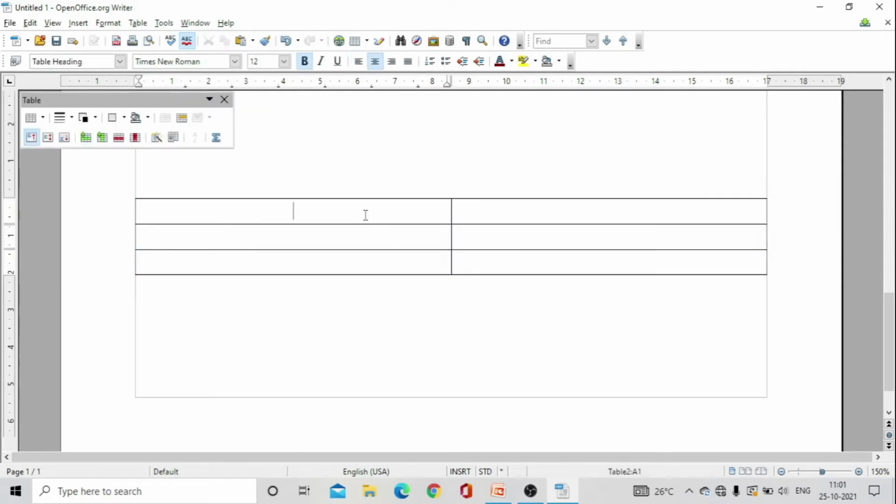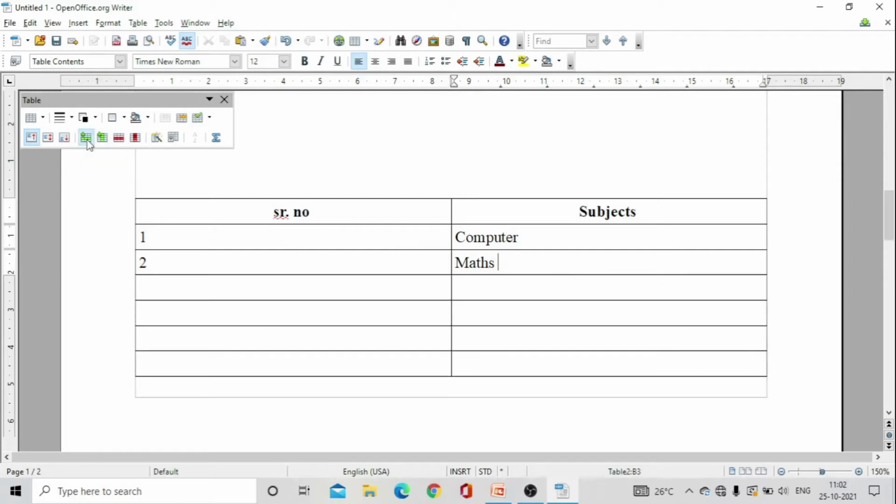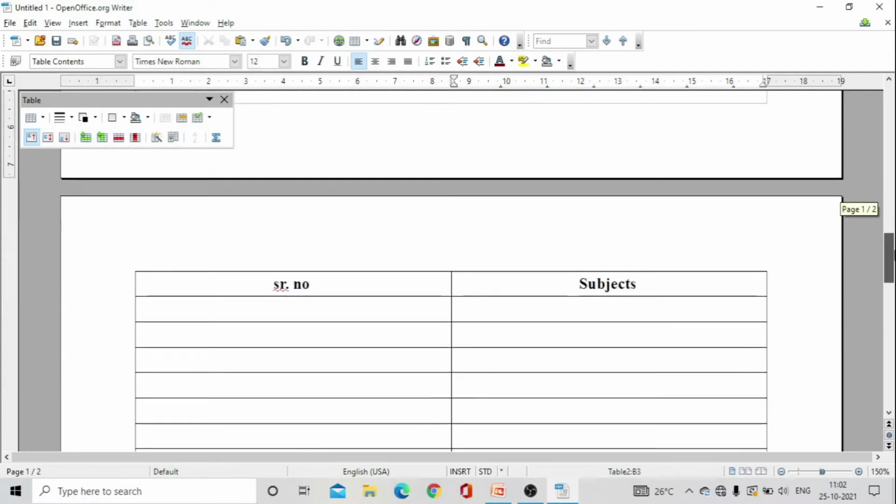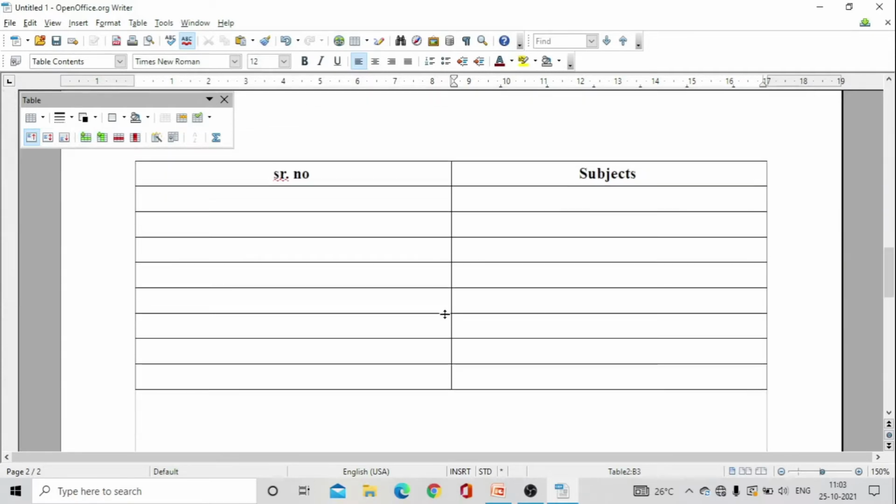Now here I'll write serial number and in the next I'll write subjects. You may observe that the letters here are in bold, and if I go to the next line, the format is changed a bit. As you can see, the first row is in bold and center aligned, but in the next 2 rows there is no specific format. Why? Because we specified the first row as heading, and we had specified repeat heading also. So if I insert rows from here and it extends to the next page, as you can see, the heading is repeated here again. And you have a question about this also.